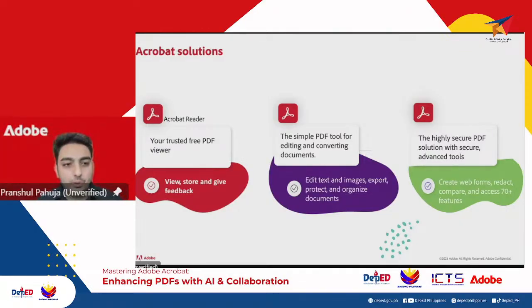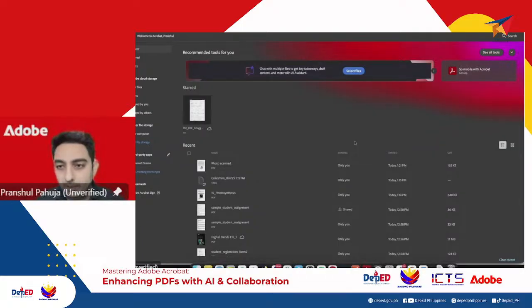The first is Acrobat Reader, which is your free viewer, which you can use to open the PDF and just read the content of the documents. Then there is Acrobat Standard, with simple and easy-to-use tools for your basic, day-to-day work with PDFs. And then we have Acrobat Pro, a full suite of capabilities provided as part of your subscription. This is more for advanced users and folks who want to use all the capabilities available within the application. With that, let me jump to the application itself and let's begin with the demo.